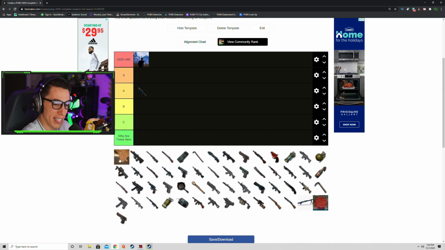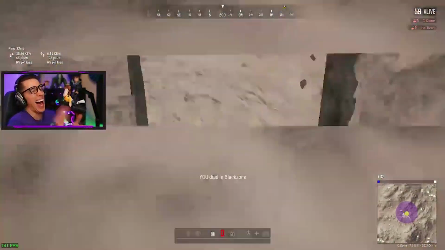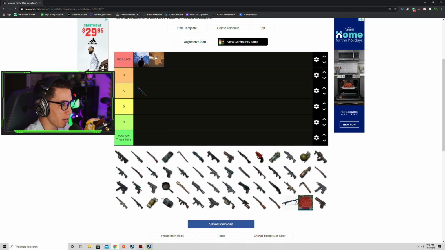Now who can recognize this one right here? This is the Karakin black zone. This is for sure godlike. We need to see this feature in every map. I genuinely do think that. Actually, since we're on that topic,